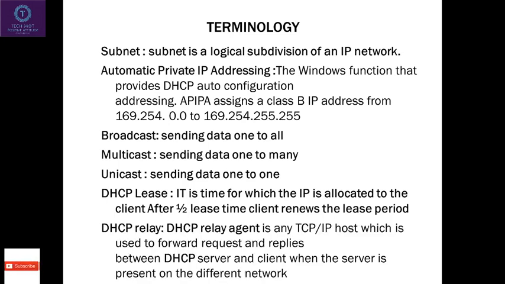Next is DHCP relay agent. What is exactly a DHCP relay agent? It works between the client and the DHCP server. It forwards the packets from the DHCP server to other subnets of DHCP clients. In between these, multicast, unicast, and broadcast networking is done. The client broadcasts its packets to the DHCP relay agent, and then the DHCP relay agent unicasts the packets to the DHCP server, and vice versa.